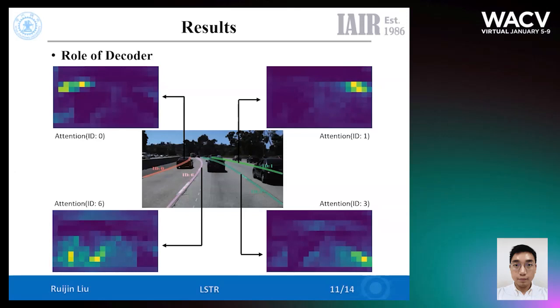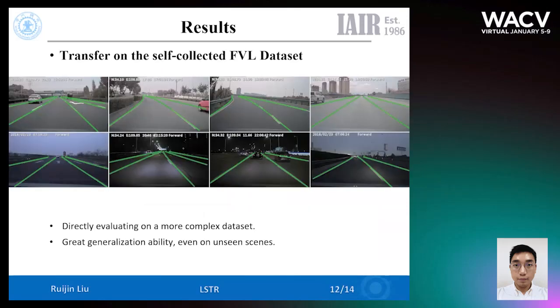The decoder mainly focuses on open, slender structures, which can directly separate specific lane instances without additional processing. To better show the transferability of our method, we collect a much more complex dataset. Without any training procedure, the qualitative results show that our method even estimates accurate lanes without ever seeing the